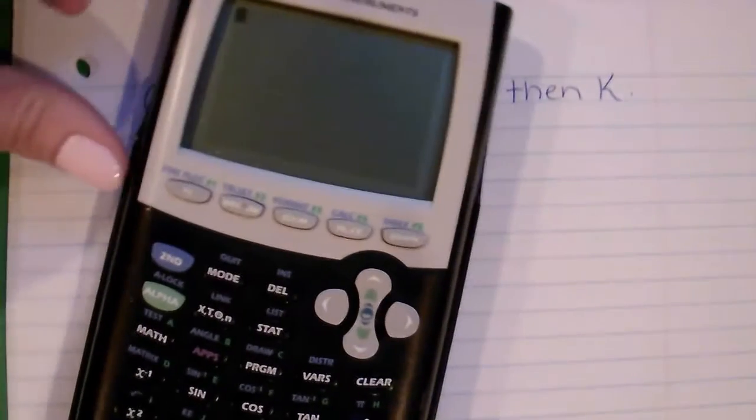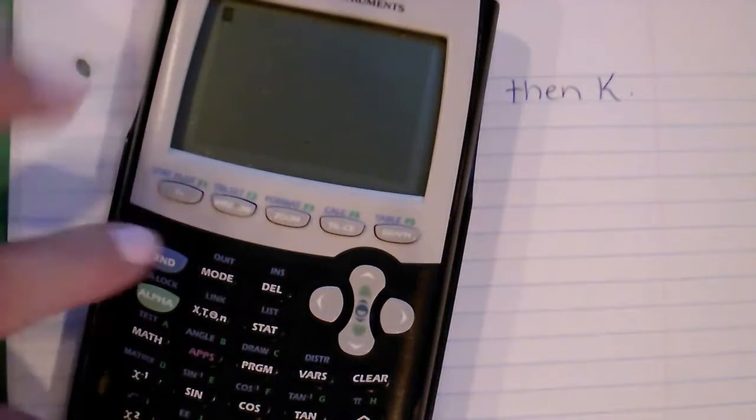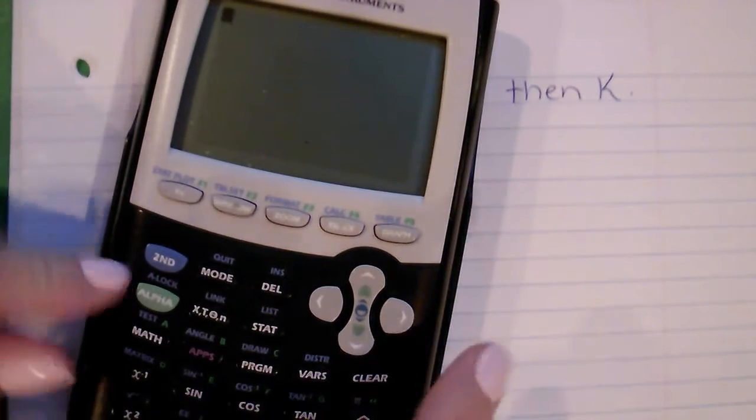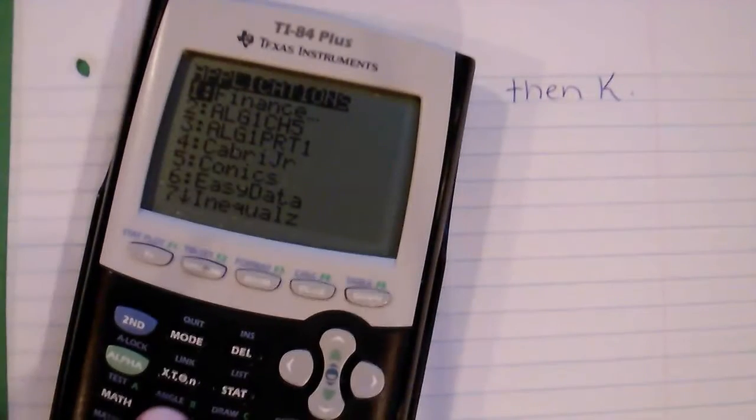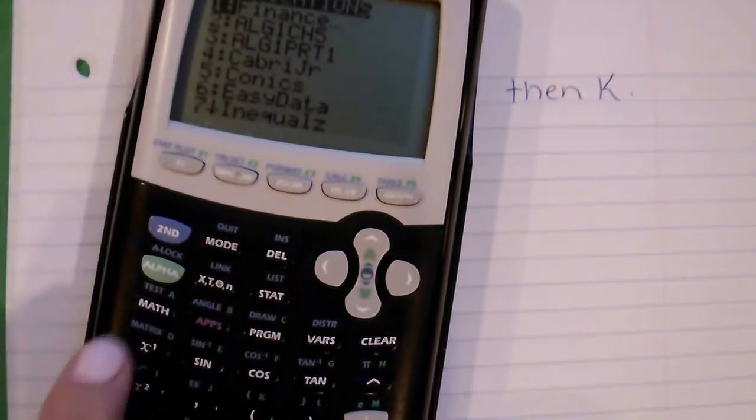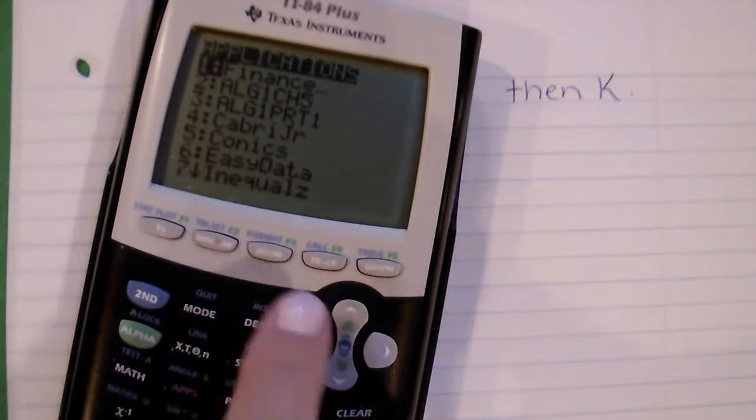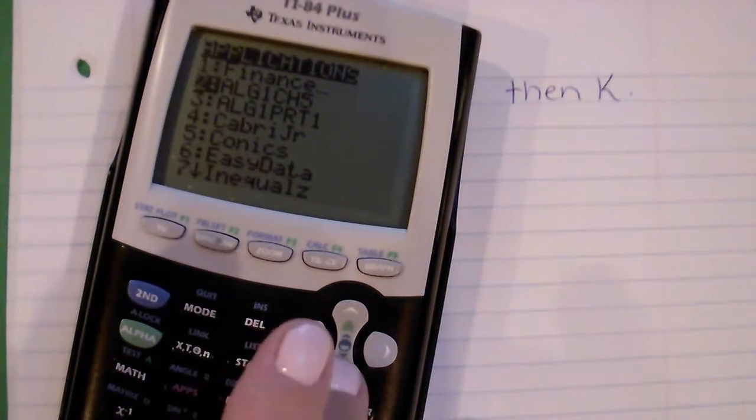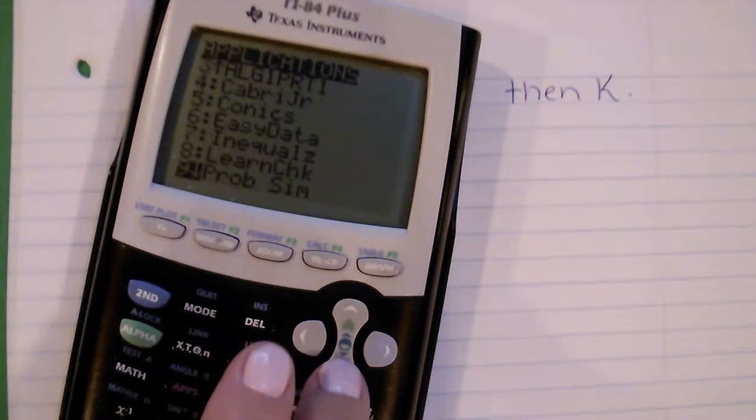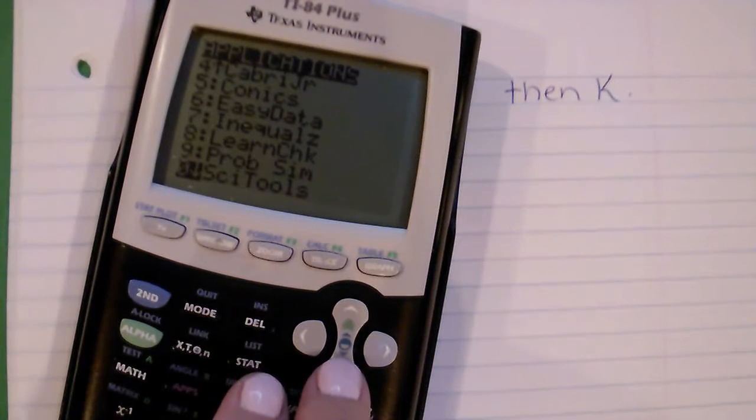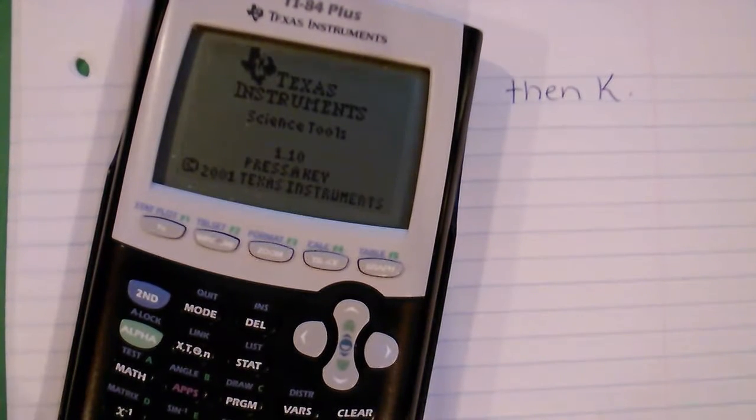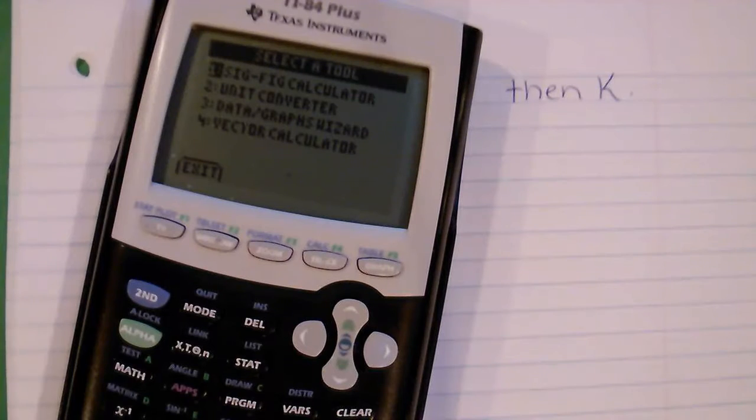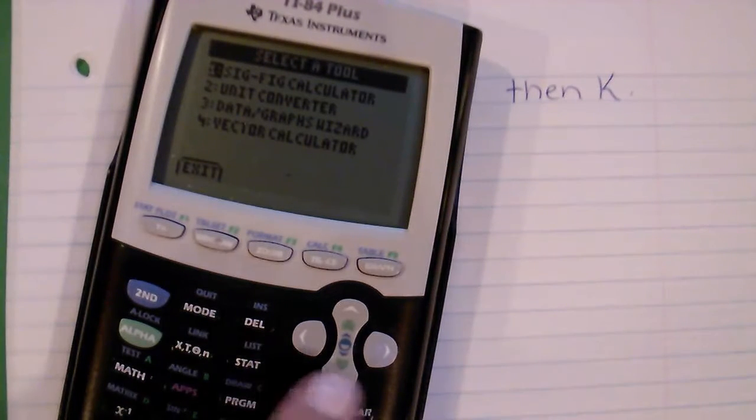But for those of you that have a graphing calculator, if you go to Apps, you press your apps button right there, and then you go down to where it says, on mine it is number 10, Side Tools, and you press enter, and then you get this screen. You press enter again. The Sig Fig calculator you're going to find does not work, but if you scan down